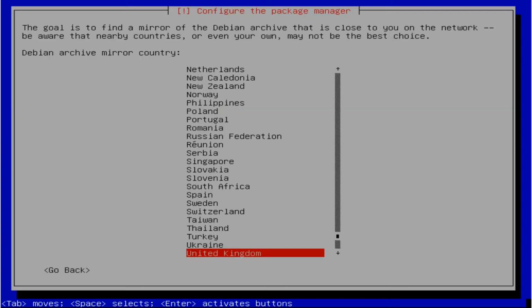Right, now at the end of that install it brings us to the configure the package manager stage. So here it asks us to choose our country so that openmediavault can go out and look for the servers for the updates and packages from the closest location to us. It's actually using Debian, which is the operating system that OMV is built on top of. So for me that's going to be United Kingdom, which is already selected,